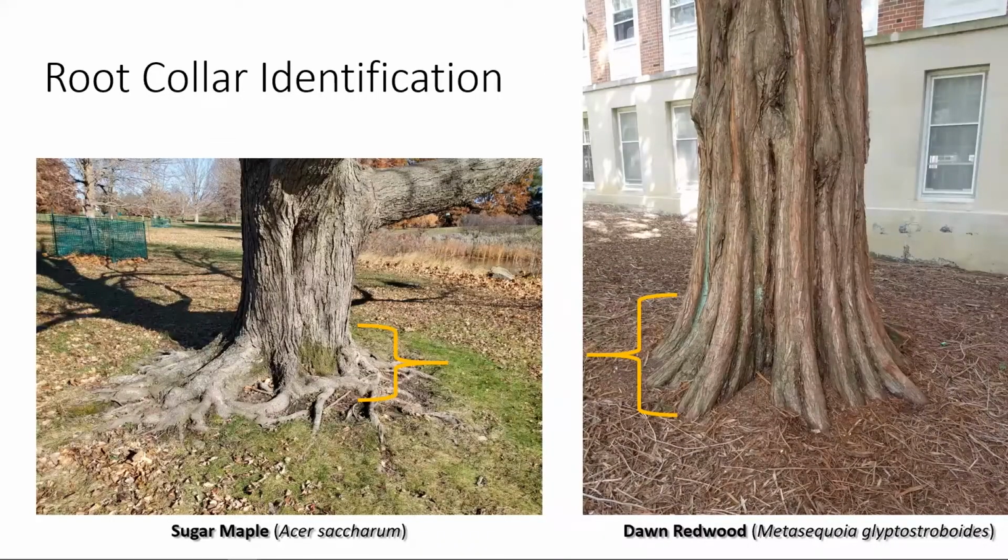So let's talk quickly now about identification of the root collar. And you can see I have a couple brackets here on this Dawn Redwood and Sugar Maple that show the area we would classify as the root collar. And so, it's typified by a flare leading to these major buttress roots. And that Dawn Redwood is kind of the perfect example of just an awesome looking root collar. Look at the large buttress roots and the well-defined basal flare. Same with this maple. It has a good well-defined flare there at the ground that's identifying that root system.